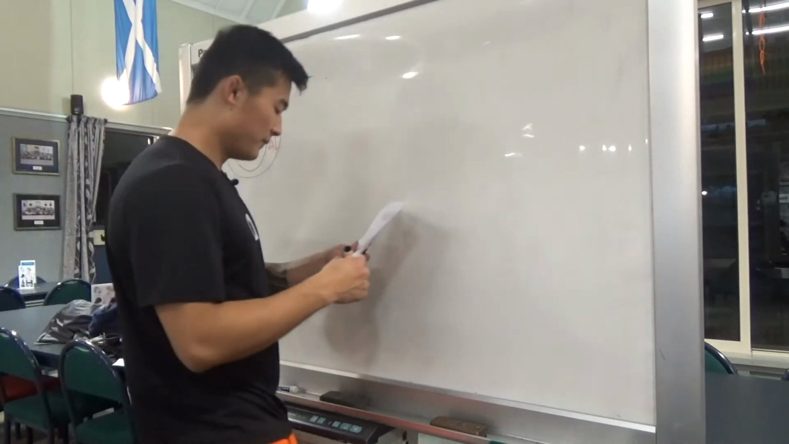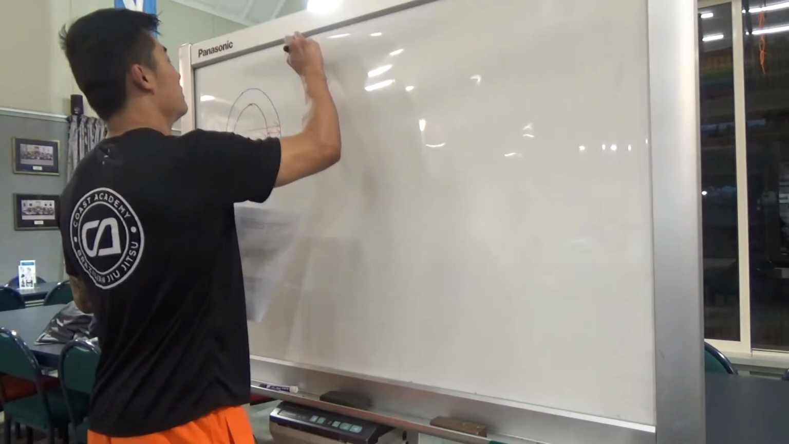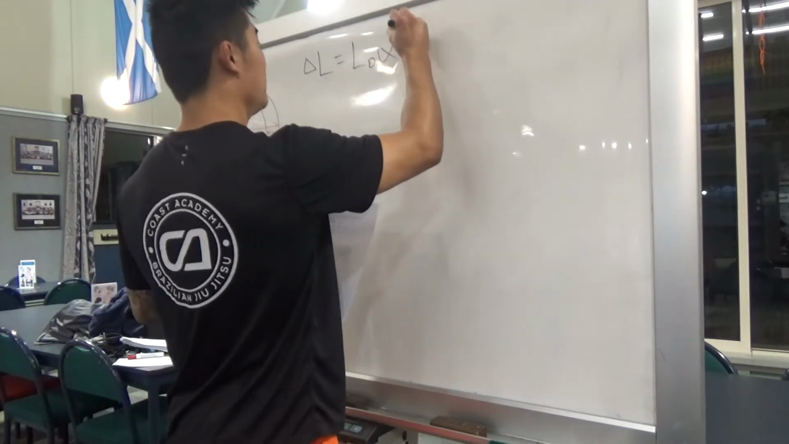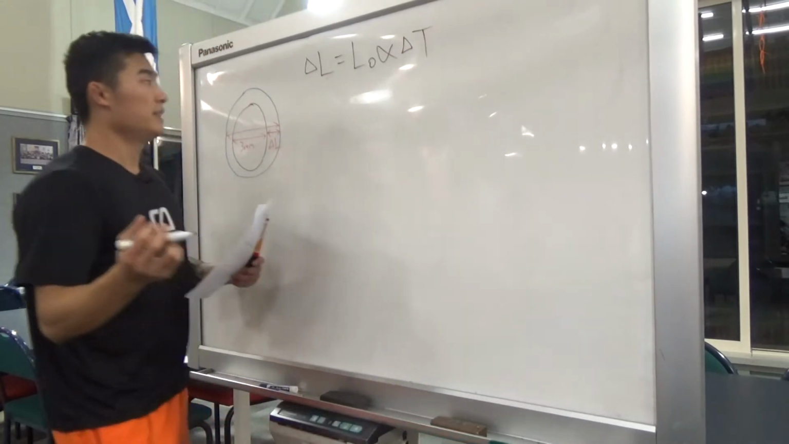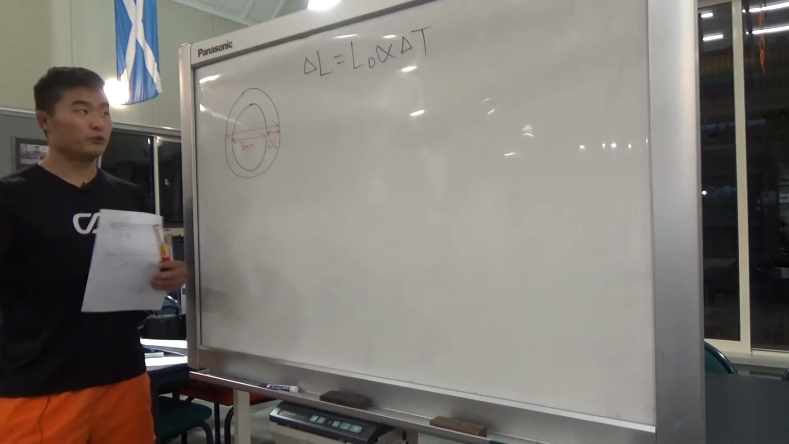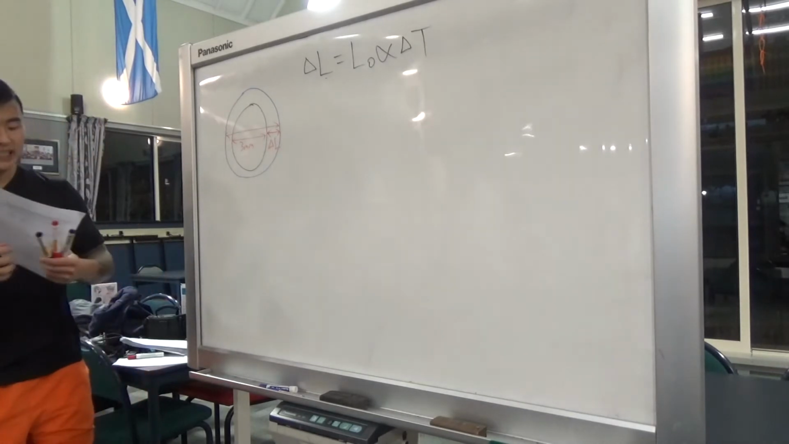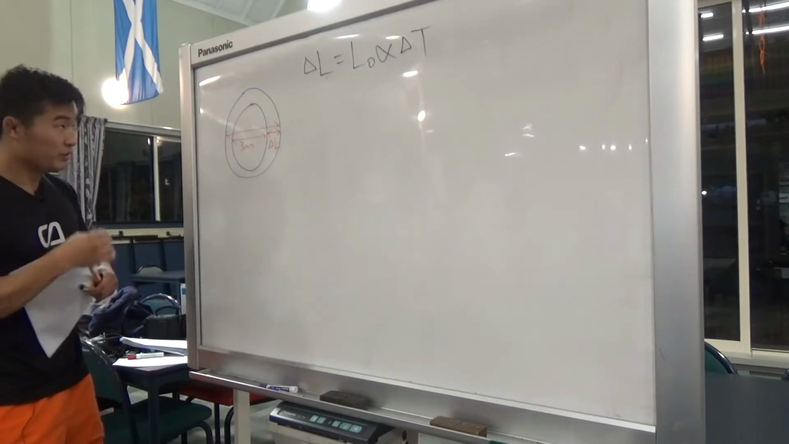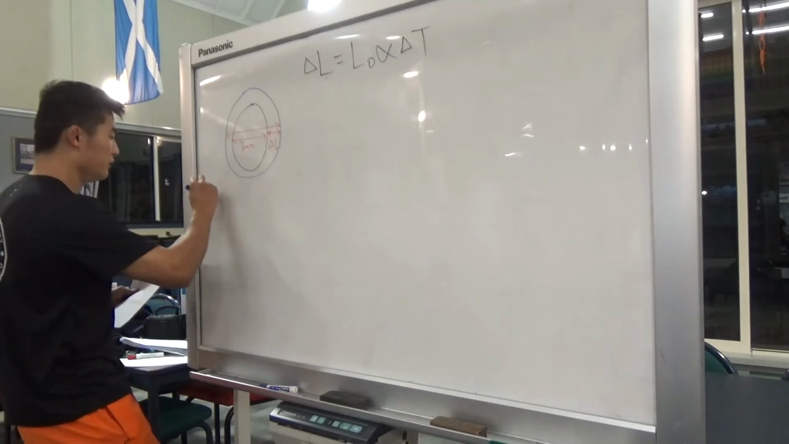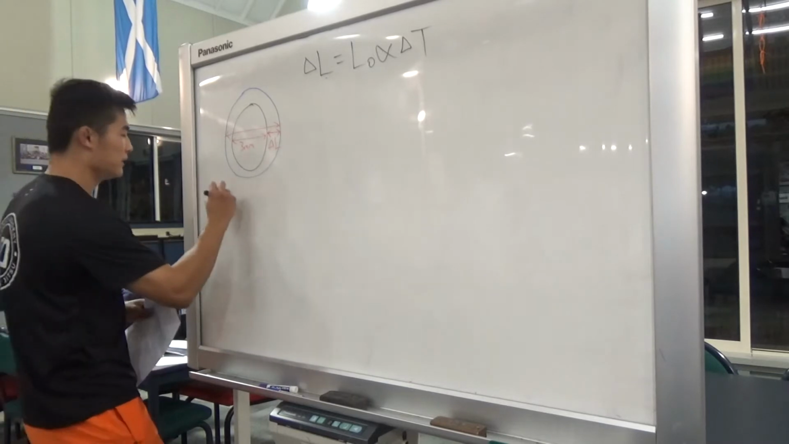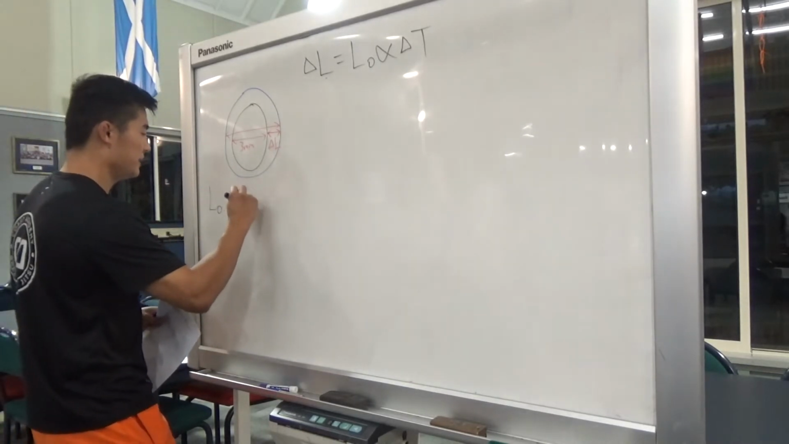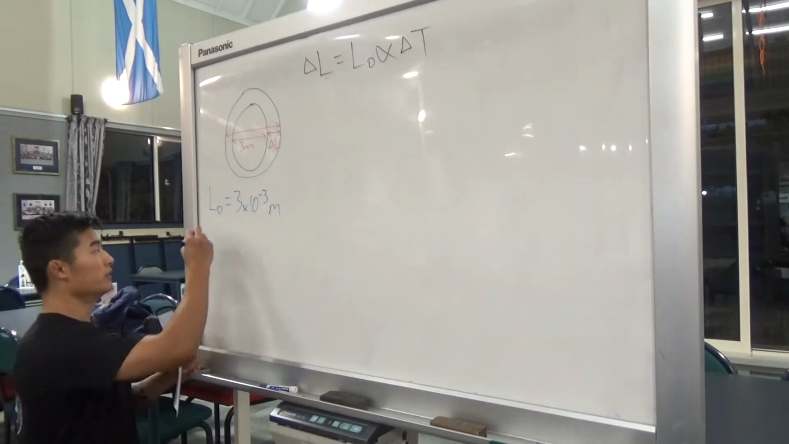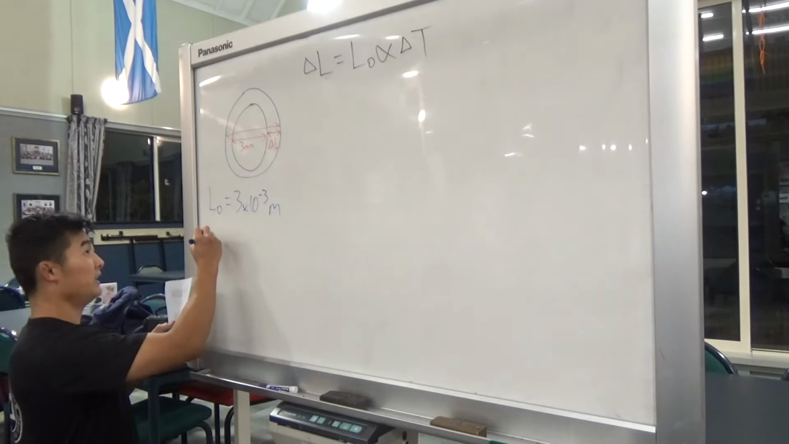So that's going to be delta L is equal to L0 times the coefficient times change in temperature. And we'll just leave it like that now because we just want to know the change in length. So first of all, our L0 is going to be 3 millimeters, so 3 times 10 to the negative 3 meters. It's a good idea to convert your units before you put them in. And then